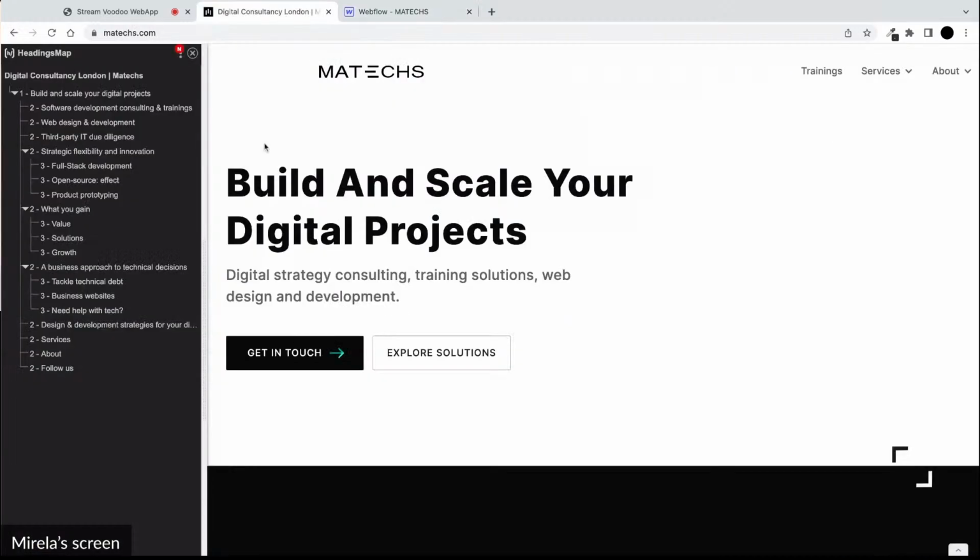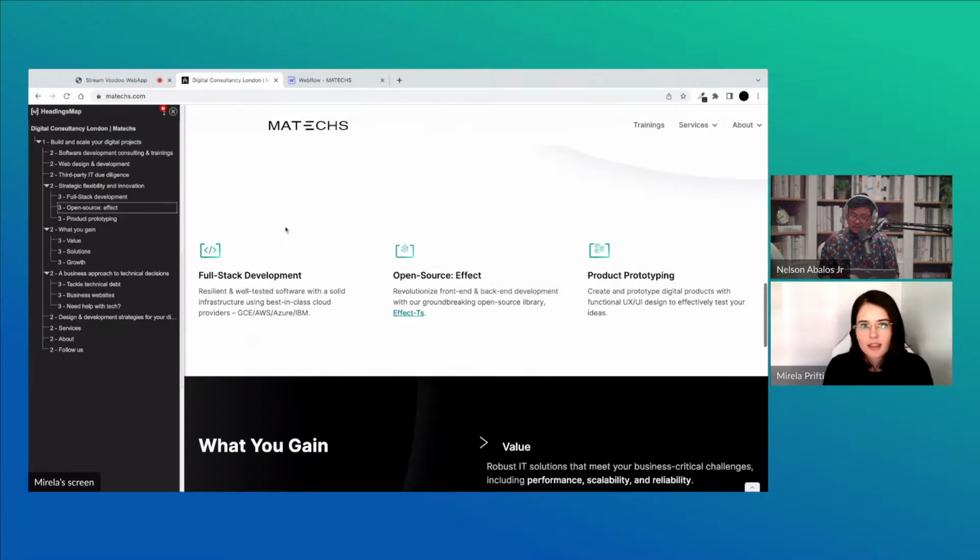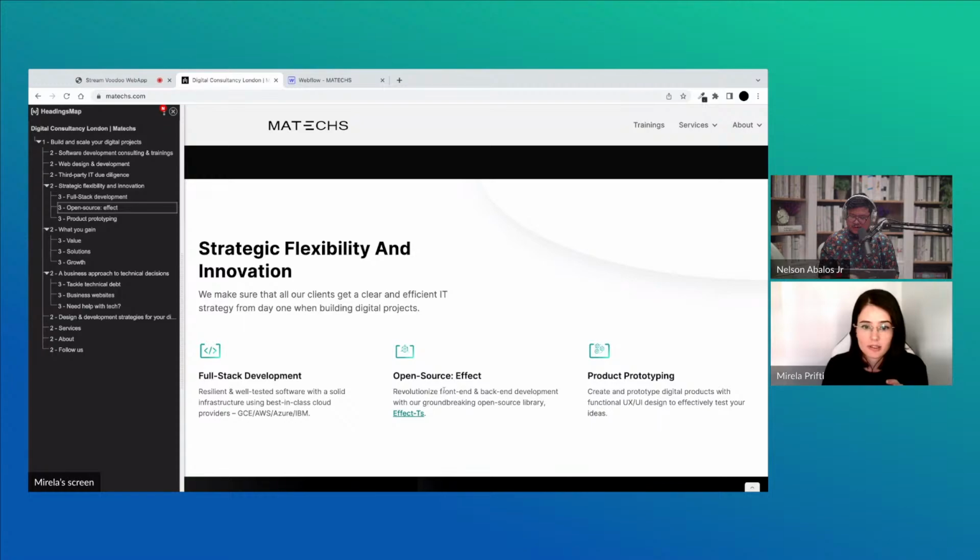So if we continue, after the page title, we have heading level 1, which is the H1. Then we have the second level of headings, which are nested inside the H1, and the third level of headings, which are nested inside an H2. And this is exactly the content logical flow that I wanted for this page. And if I click on any of these headings, the screen will jump into that specific section. So we can also make sure that the design also reflects the same logic of the content that we wanted for this section.